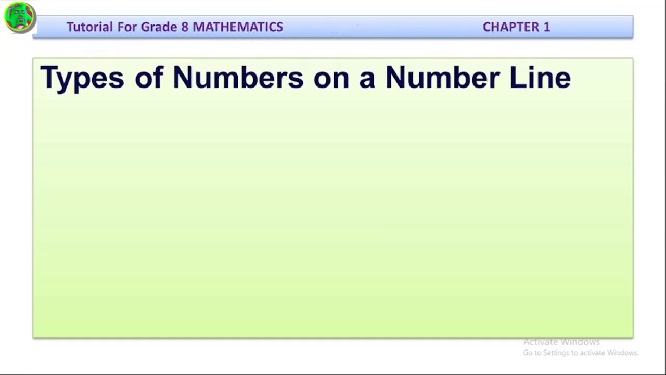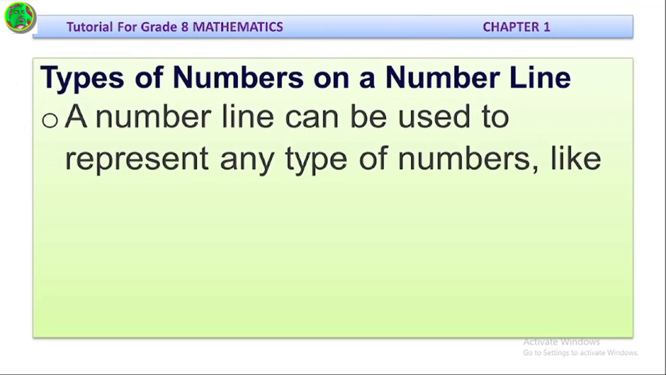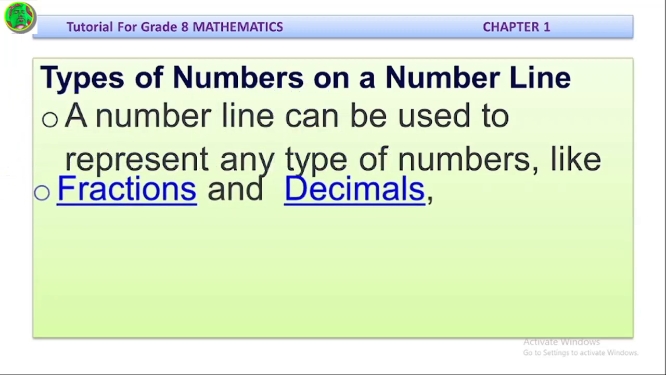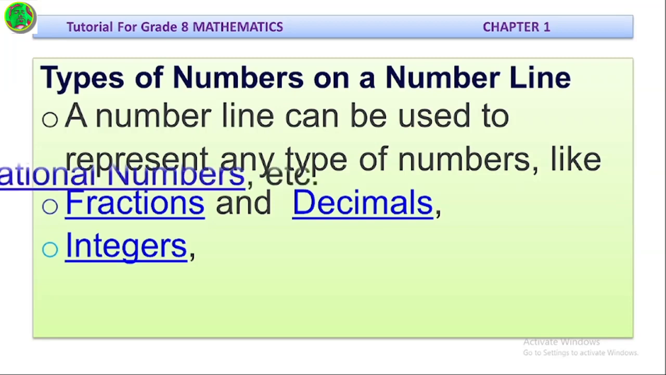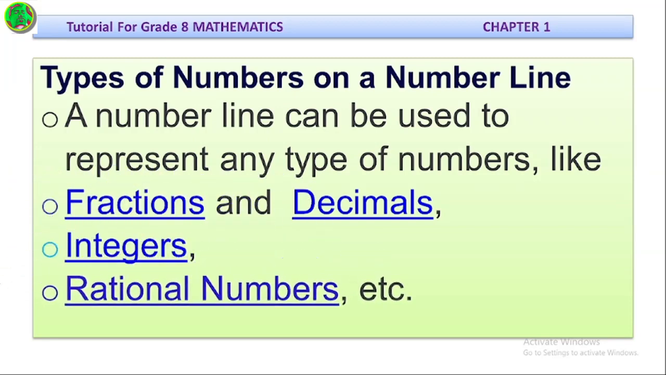Type of numbers on the number line. A number line can be used to represent any type of numbers. We can put any type of number on the number line, like fractions and decimals. Not only fractions and decimals, we can also represent integers and also we can represent rational numbers on the number